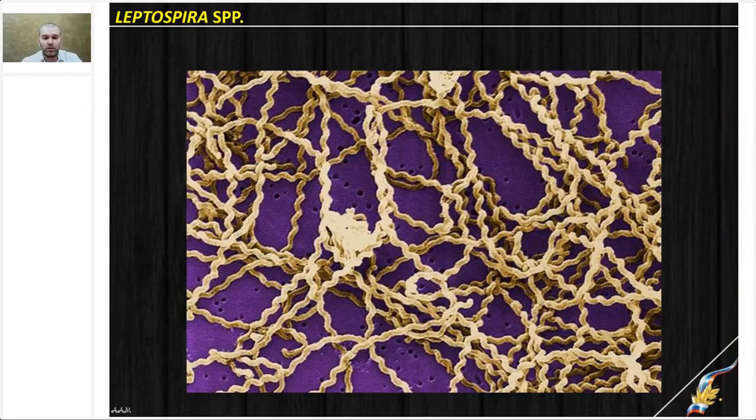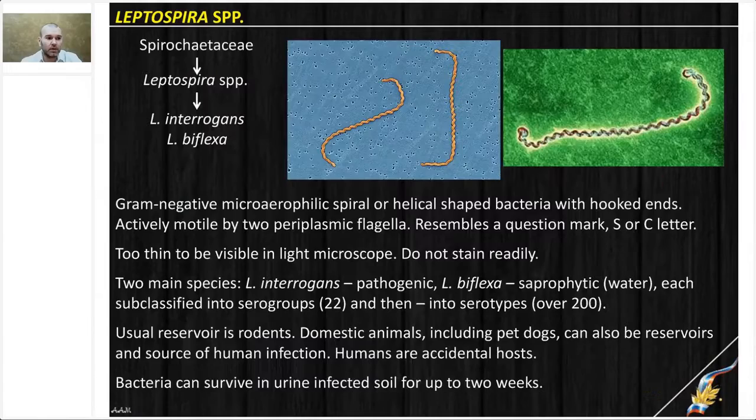The next spirochete we need to discuss is Leptospira. The genus contains two main species, Leptospira interrogans and Leptospira biflexa. Any bacteria of the genus have a microaerophilic type of respiration. It is of course spiral in shape, and if you apply Gram stain, by nature the bacteria is Gram negative. But as we said, any spiral bacteria is poorly stained with the Gram technique, and Leptospira is